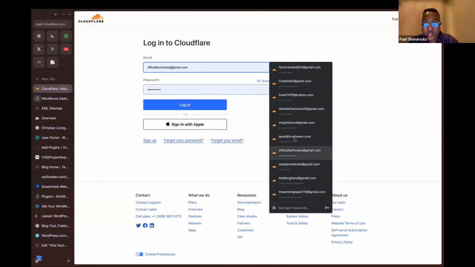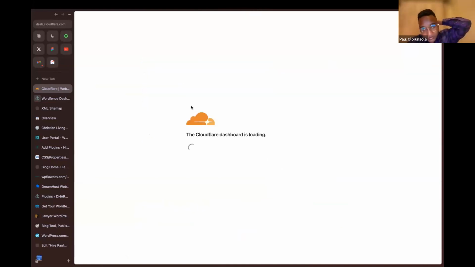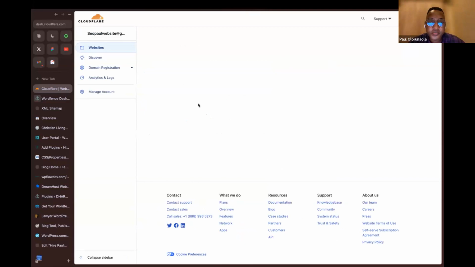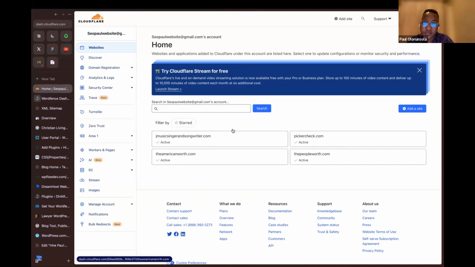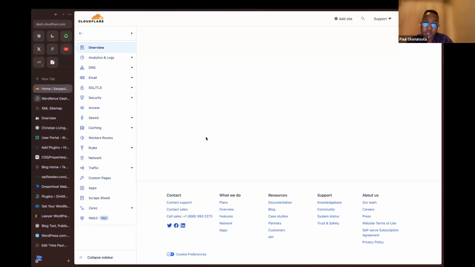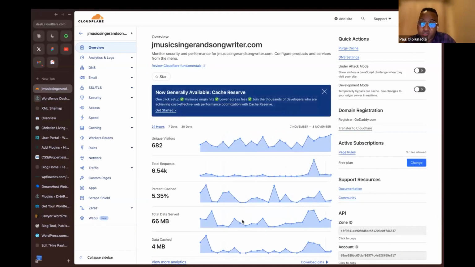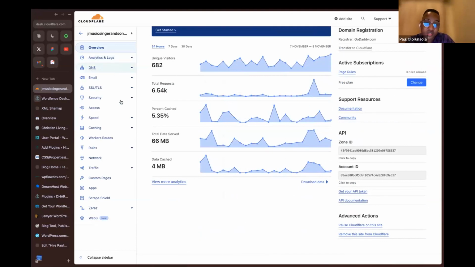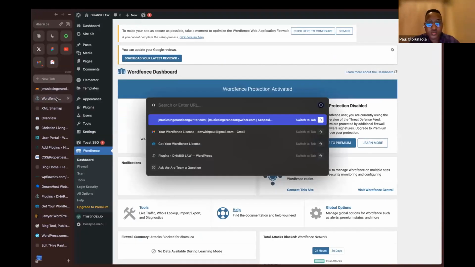Right here, I have to log into my own. I have some websites right here that are on Cloudflare, and this has really helped a lot because it also helped me to secure my website. Can you see? It also helped me to clear my cache file. Now, if you want to use a cache plugin, the best cache plugin is called